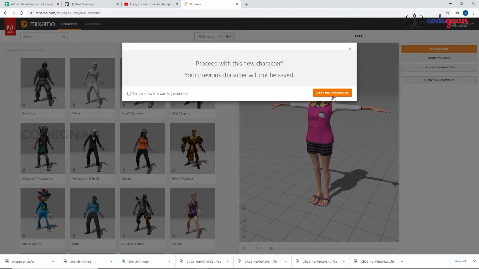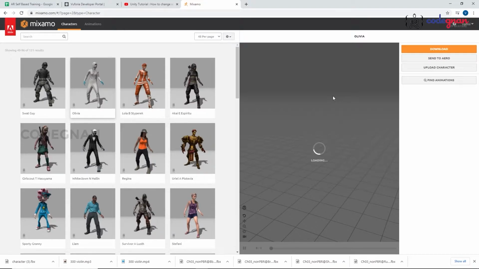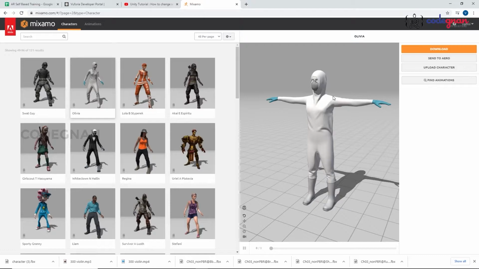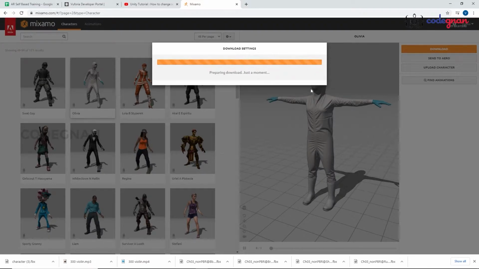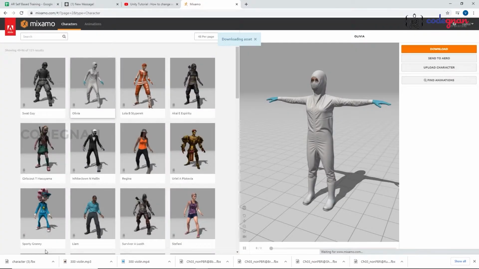Let's take this. I think it was good. Yeah, I'm going to download this. FBX for Unity, and the pose should be the original pose. Now my characters are downloaded.